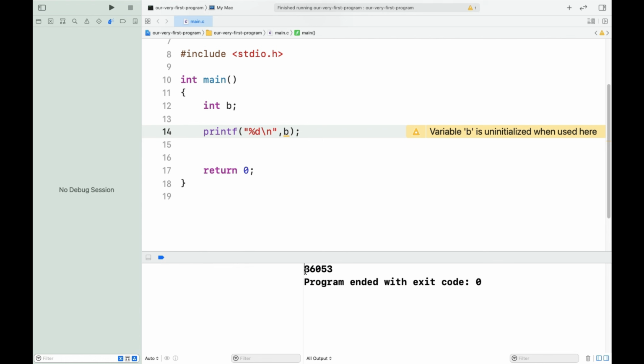So this value you see here is a garbage value. Whenever you do not specify the value a variable should have, the system automatically fills it with a random value, and that random value is known as a garbage value. So what garbage value does b have? b has this garbage value.